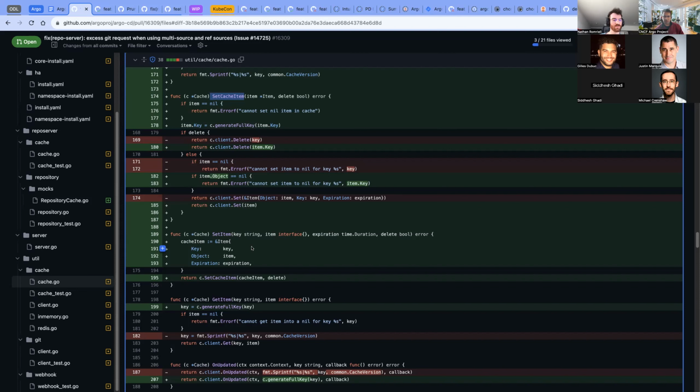I'm not sure if this is the case, because it seems that you're trying to reduce the communication between the repo server and the Git repo. But if that traffic is transferred to the communication between Argo CD and Redis, we also have a different type of problem, but the traffic is still there, right?